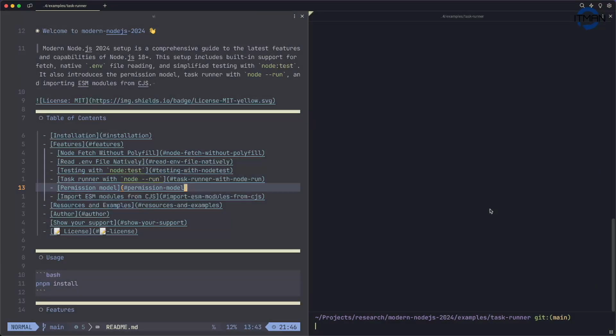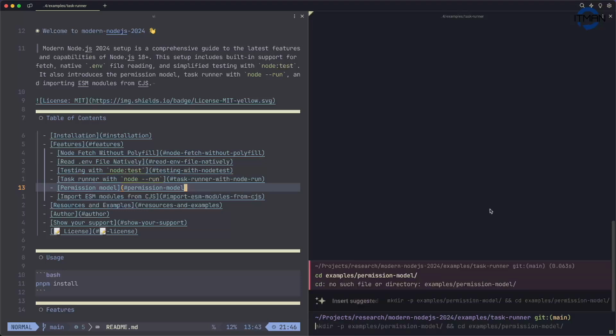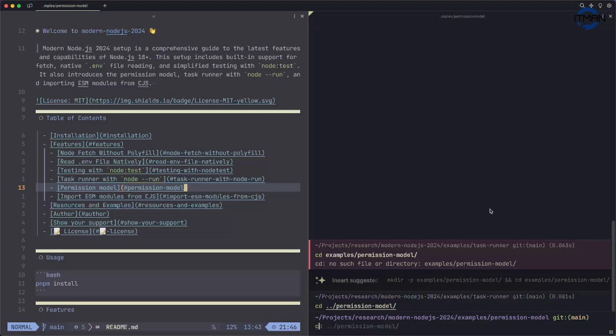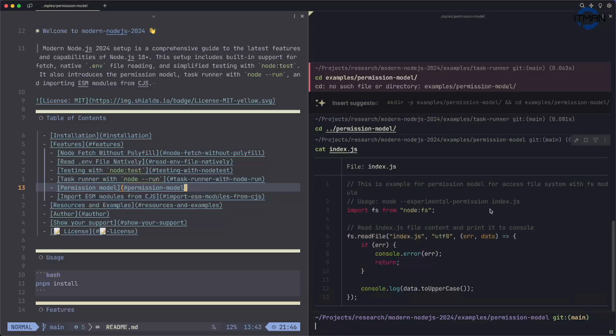The next topic is about the experimental flags. The first thing is the permission model. So I can cd to permission model. If I open the file here, I can see this is the way you do it. You can run node and you can run that file. If you run this command,